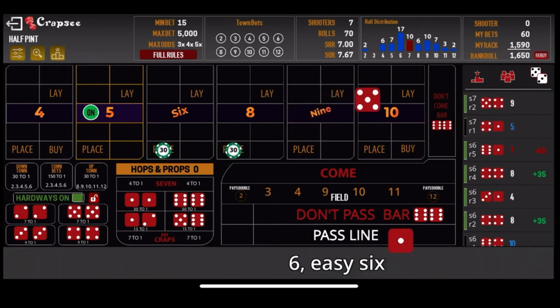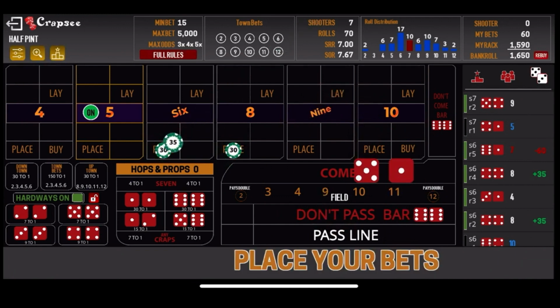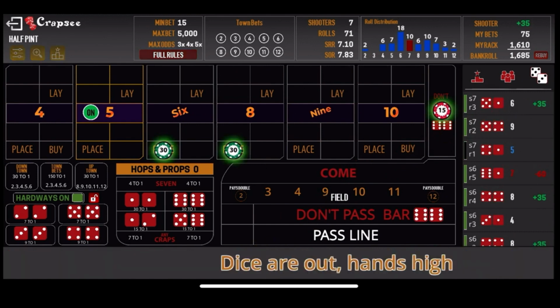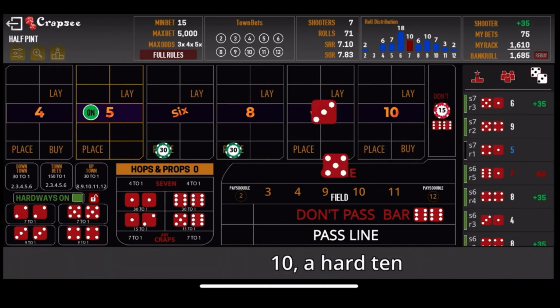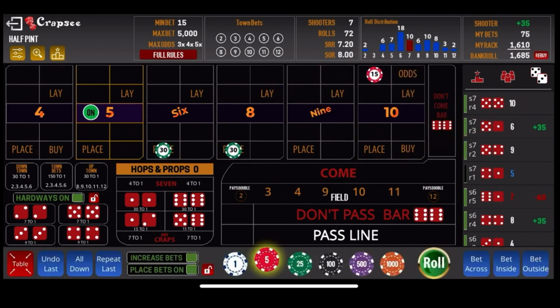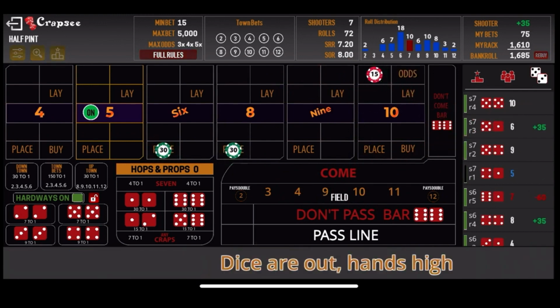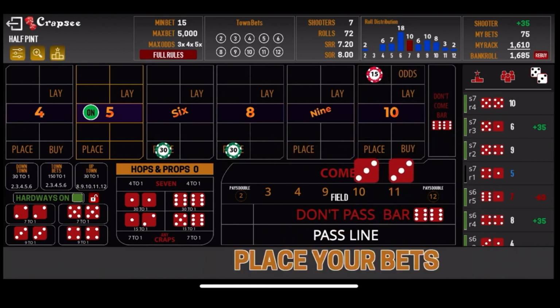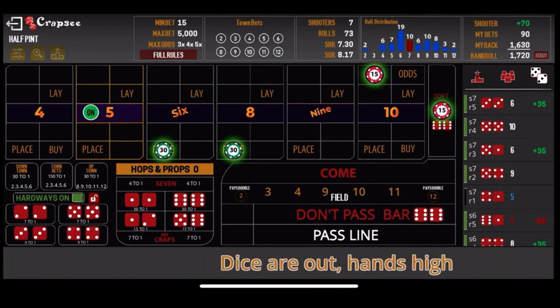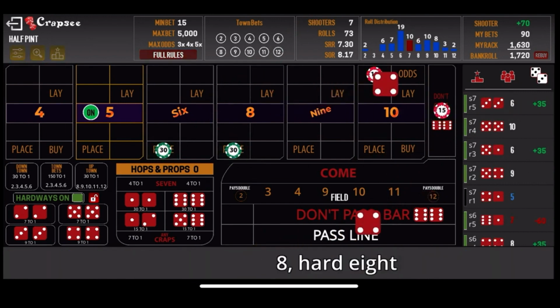Next roll, and that's the 5-1, 6 easy, so that's a $35 winner, and we'll come back with a $15 don't come bet, and that will move to the 10 on the bowl of popcorn there, the 10 hard. And the next roll, and this time it's the 6 hard, we get the crabs. So $35 winner, we'll put 15 of that on the don't come and roll it out, and that'll go to